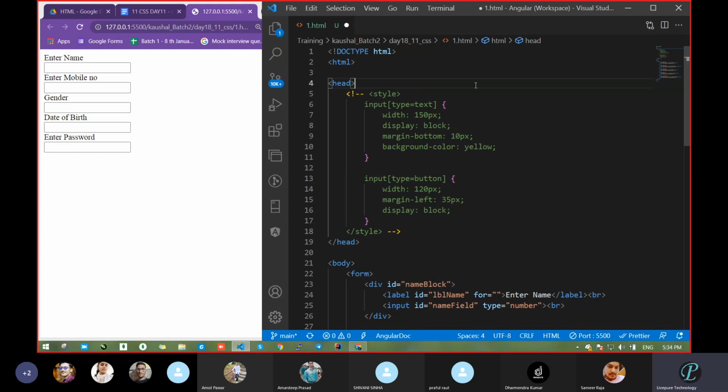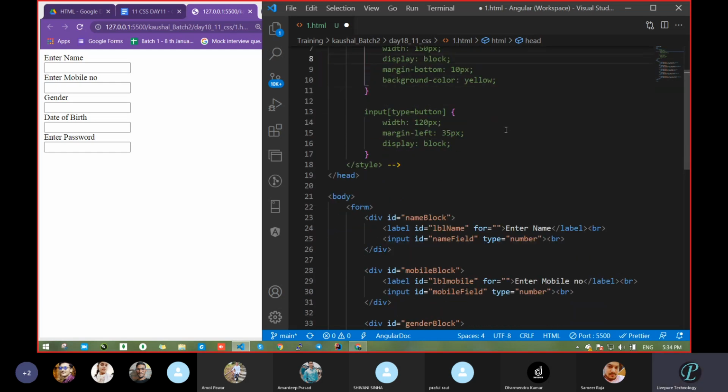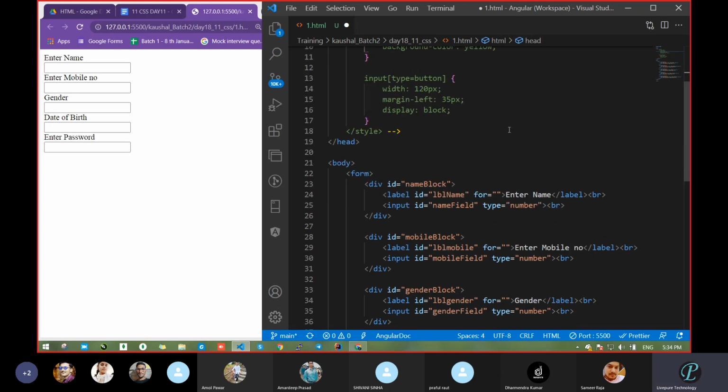So from tomorrow onwards, don't do like that. I will not see a single thing like that. If you do, today I will configure your Git and I will delete your file. Then again you have to do all the things. You don't know the power of Git. Okay, that's why.